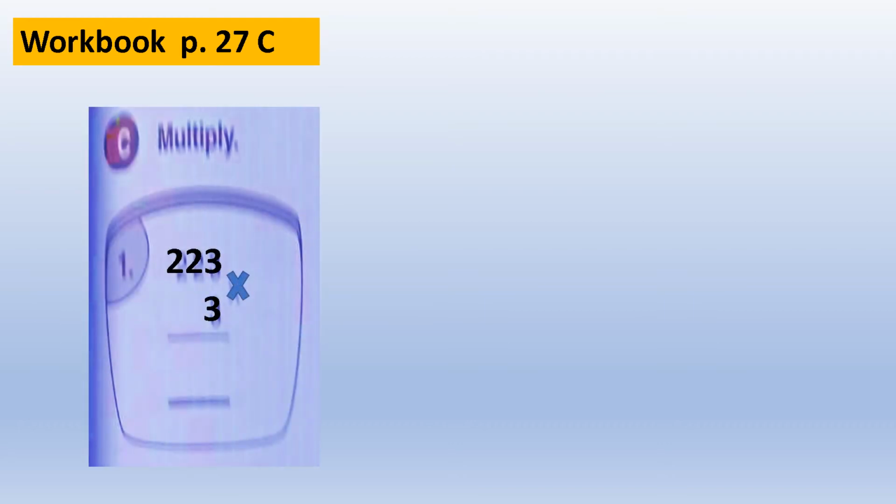Okay, now let us move on to page 27 of your workbook. Number 1. Let us read the problem first. 223 times 3. Okay, so like this, you have to multiply each of the digit of the multiplicand, starting from the ones place. So the first one, 3 times 3 is 9. And then 2 times 3 is 6. And then 2 times 3 is 6. So the product is 669. So you say 223 times 3 is equal to